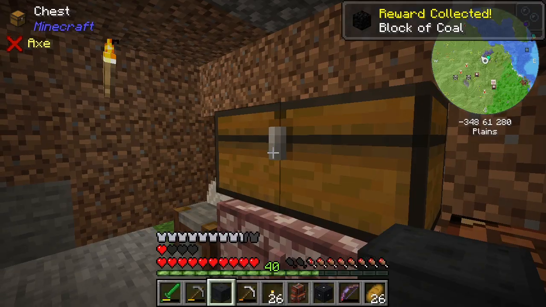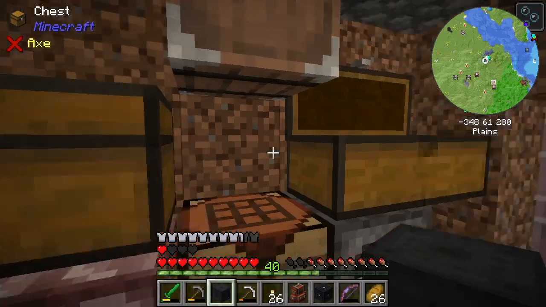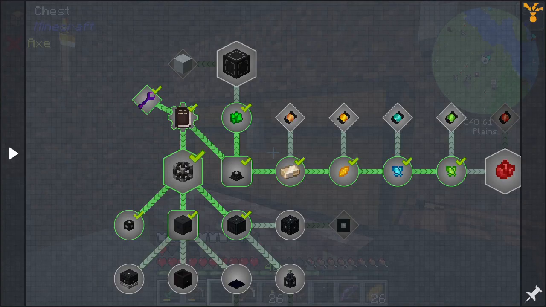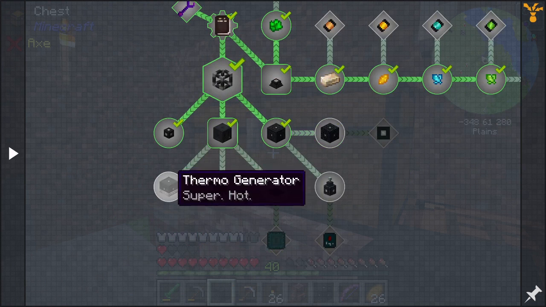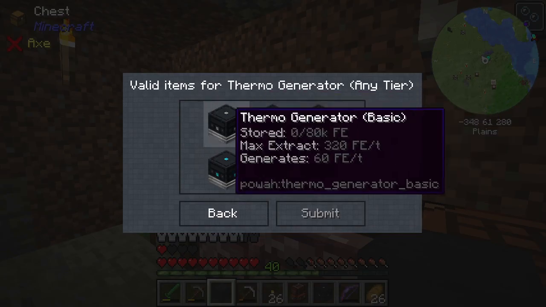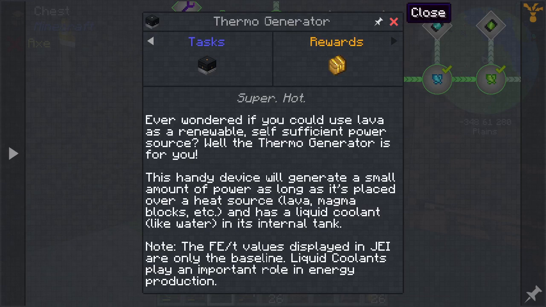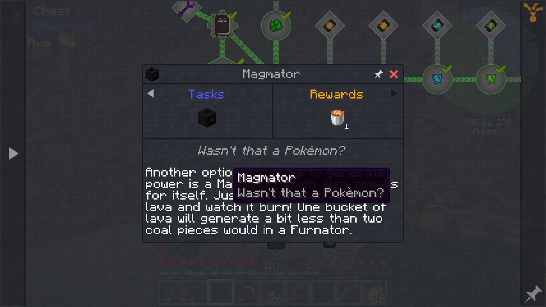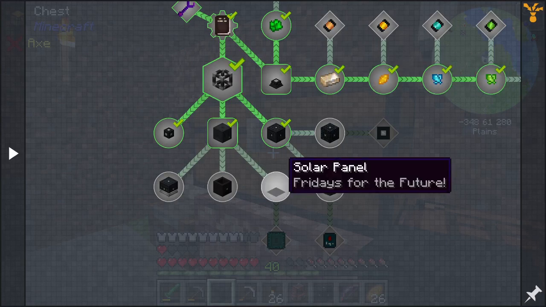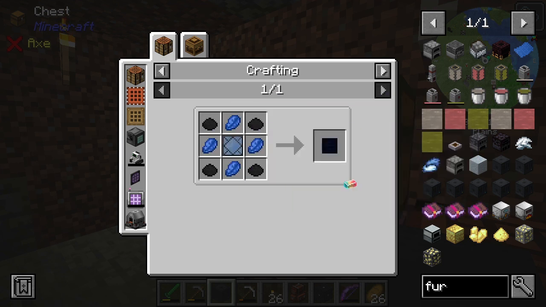And I got coal out of that. More basic and neotic energizing rods. I want to upgrade the cables, I suppose. Okay, I don't know whether I gotta get a thermo generator or, well, a magnator looks like it burns lava, but what I'm really looking for is a solar panel. Of course, with solar panels,